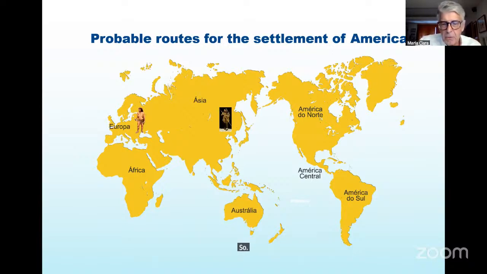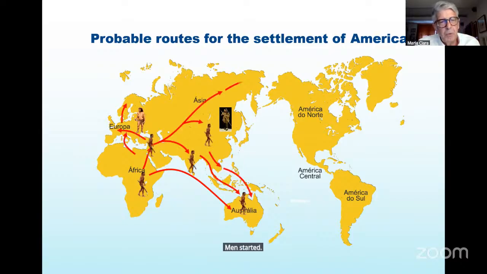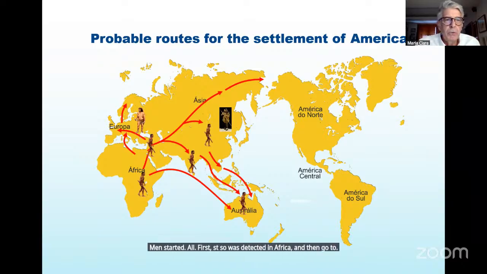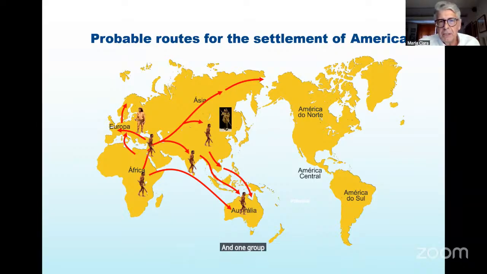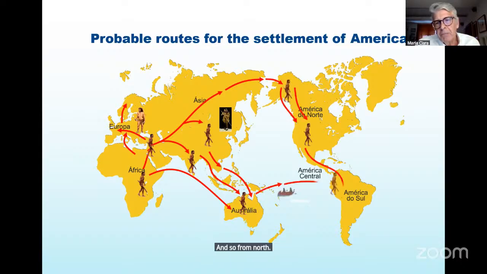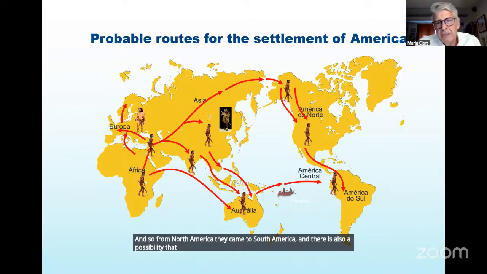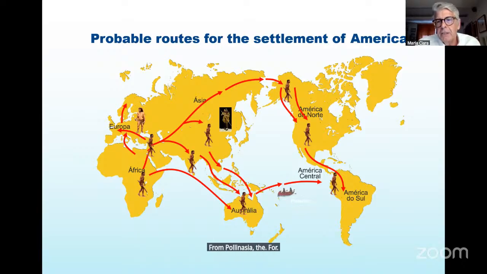As we know, man was first detected in Africa and then went to Europe and the Middle East and then to Asia, and one group colonized down to North America, and from North America they came to South America. There is also a possibility that people from Polynesia formed the citizens of South America. But